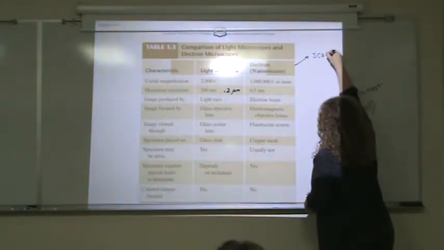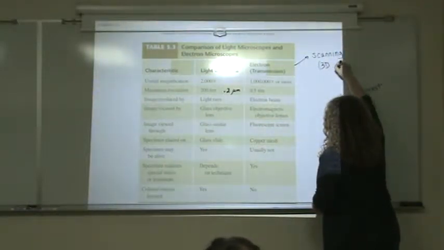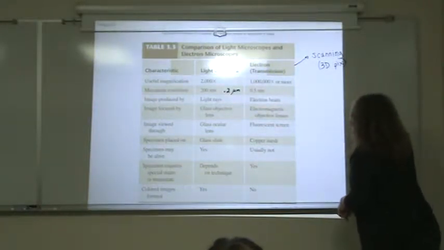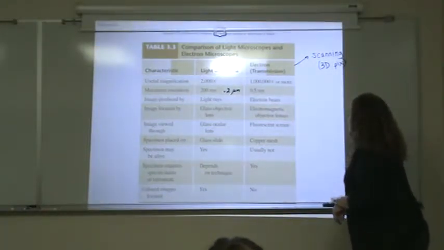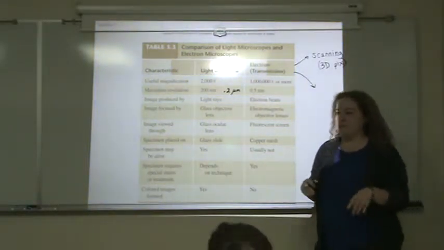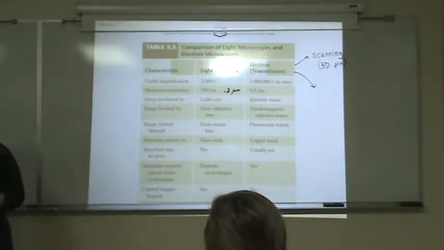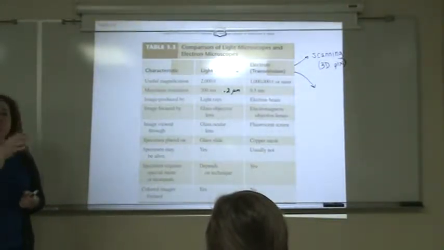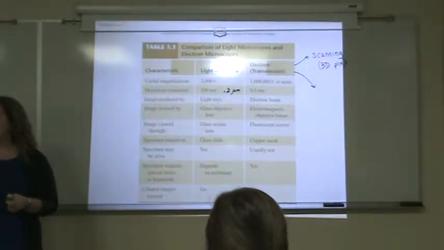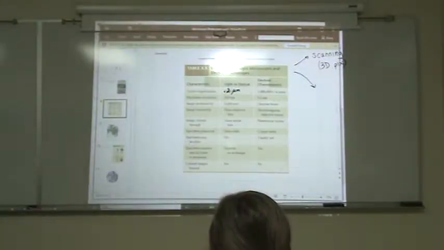There is scanning, which makes 3D pictures. And that is bouncing electrons off the surface. So it's kind of like radar in concept. If you aim a beam and the electrons bounce off, and a computer then detects them and gives you an image. And it will look 3D. So this kind of picture,